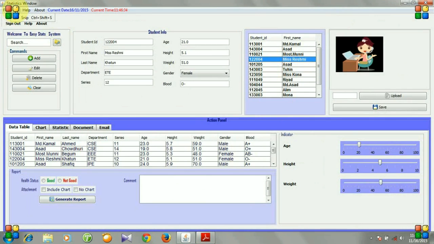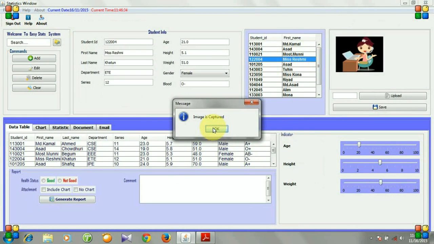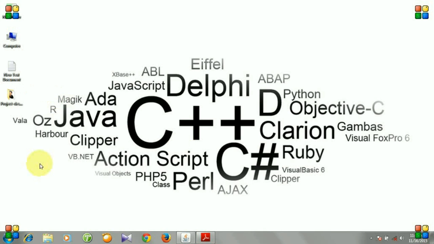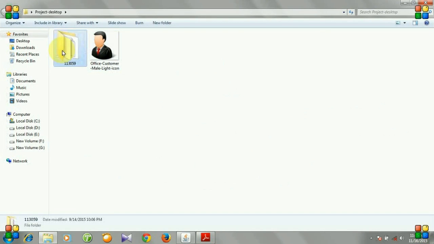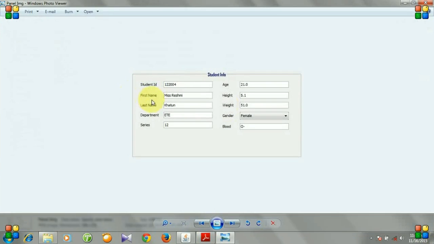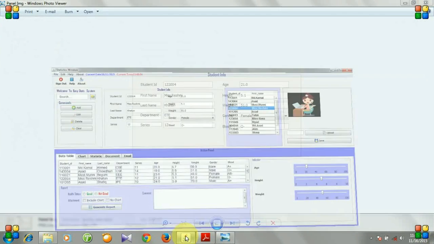And by clicking this snipping tool button, a message is popped up, image is captured, and this panel image is captured. Let's see the image. Here is our panel image.